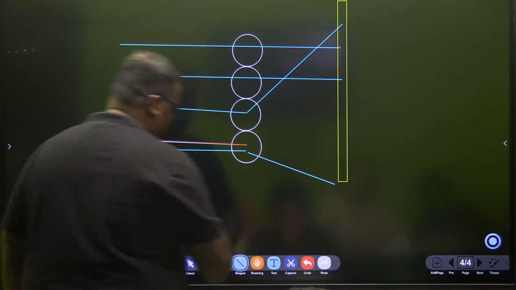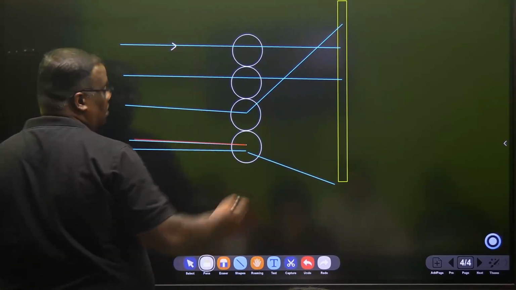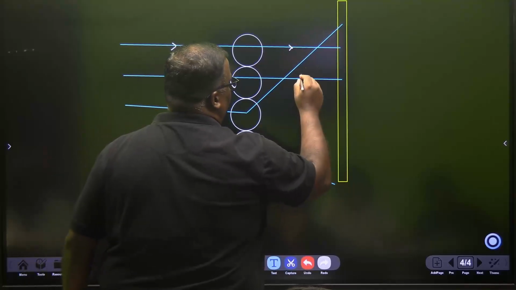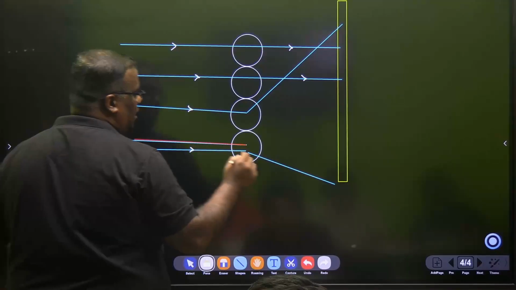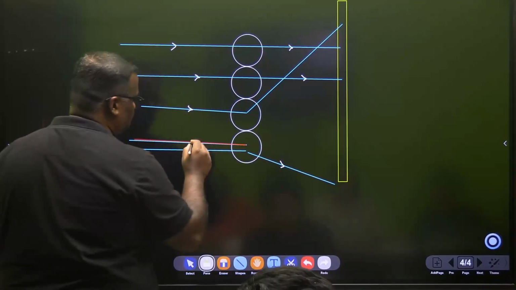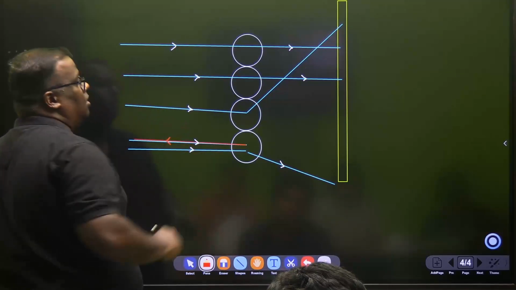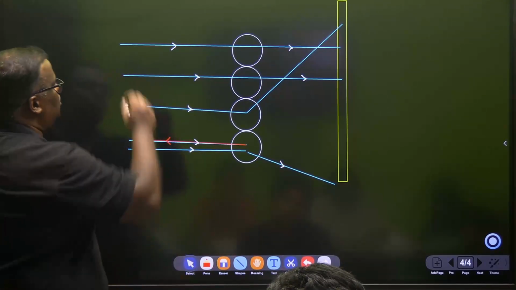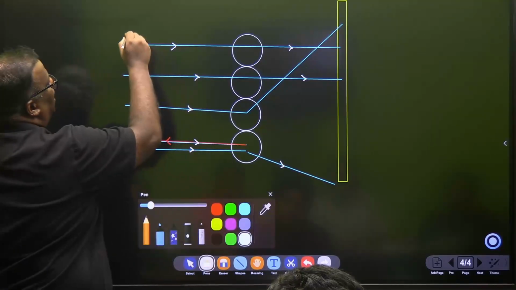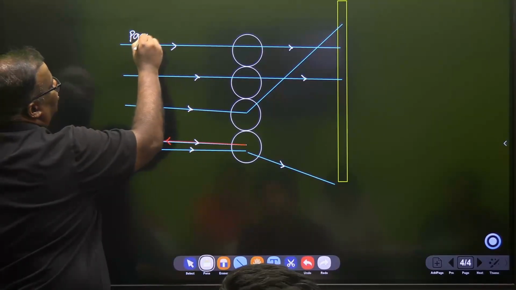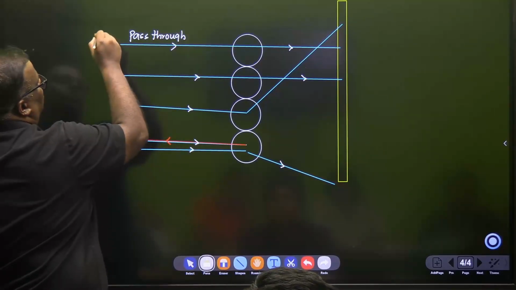Our findings are: majority of them pass through. Now this is very interesting. Now this one qualifies for the pass through. Majority,